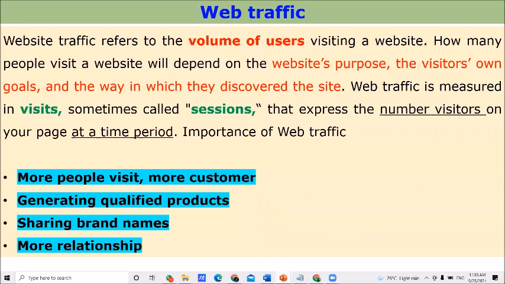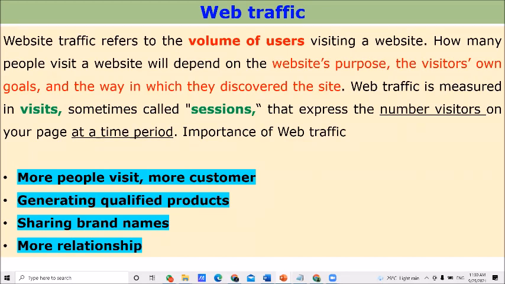Right, here it says website purpose, the visitors' own goals, and the way in which they discovered the site. Right, here they are giving some special terms. Web traffic is normally measured in visits. In green color here, you can see measured. Web traffic is measured in visits or sometimes called sessions.